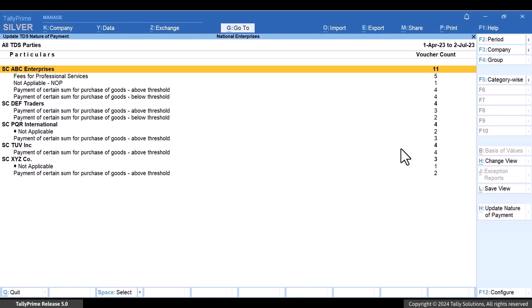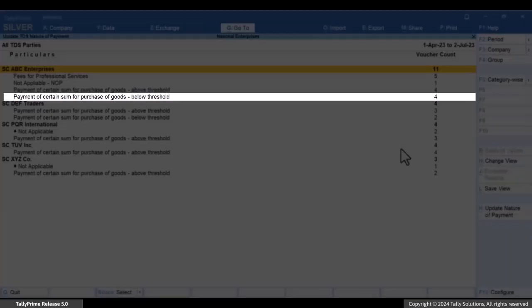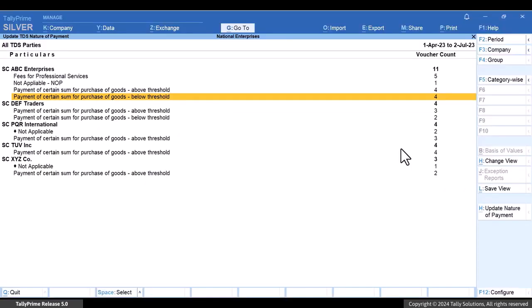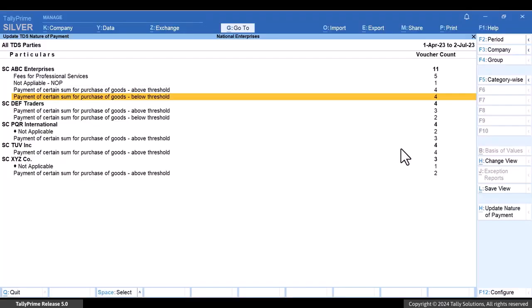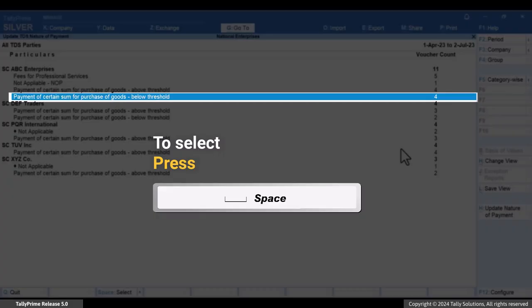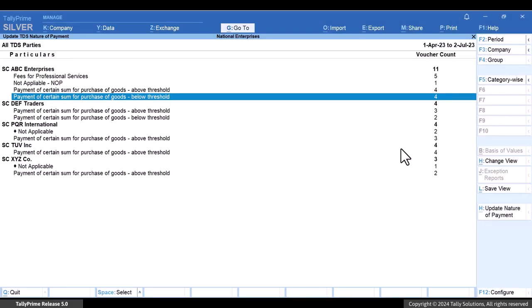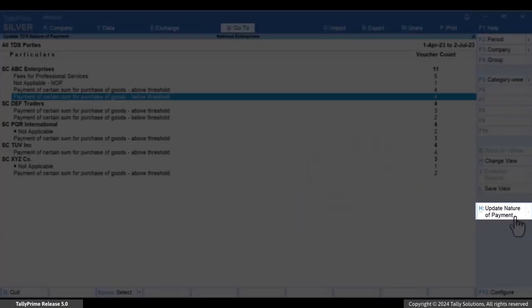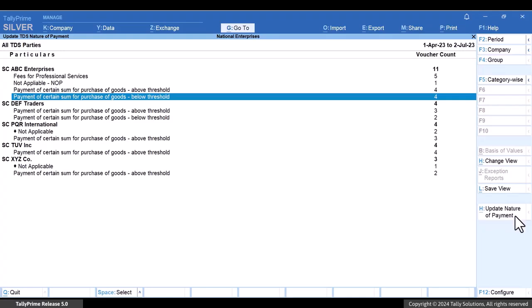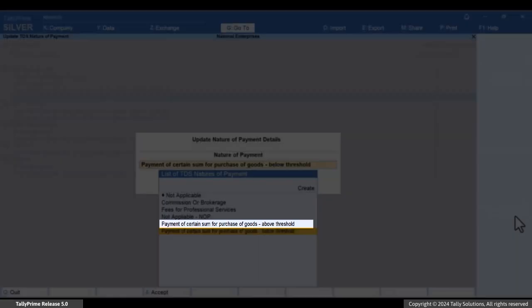Let us say you want to update the nature of payment for below the threshold limit transactions of a party to the nature of payment configured to calculate tax on value above the threshold limit. Press the spacebar to select the nature of payment for below the threshold limit. Press Alt-H or click the Update Nature of Payment right button. Select the nature of payment configured to calculate tax on value